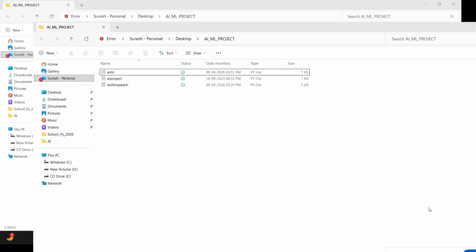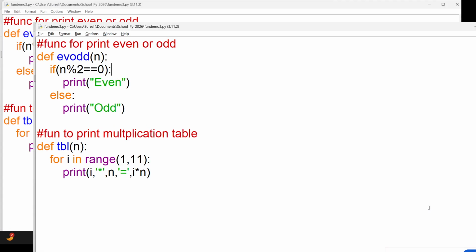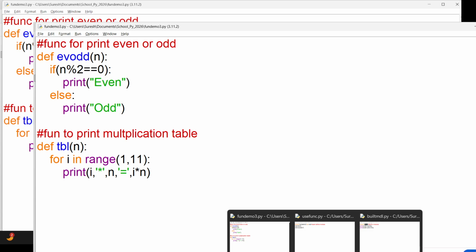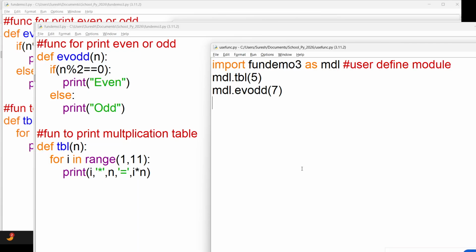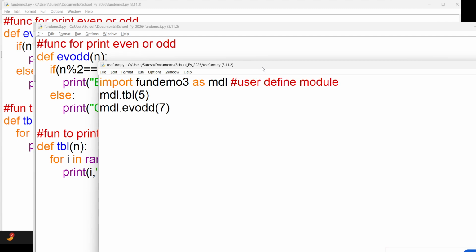Okay. So for that, these three topics must be very clear for you: the functions, user-defined modules, and built-in modules. You got it? Yes. Okay, don't keep any confusion. If you have any questions, any doubts, you can ask me, because you're not going to do it as of now. You're just studying these concepts, and from Wednesday onward we'll practice on this. Okay, now if you understood that, let me ask some questions. You have to tell me. I will just write the code.